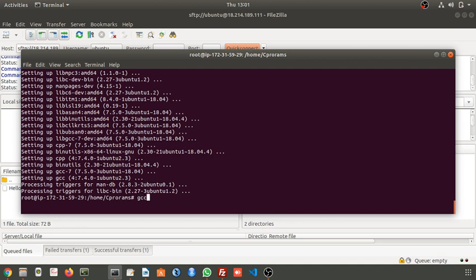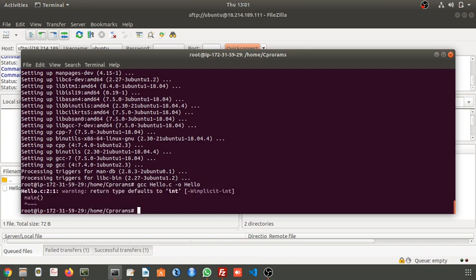Okay, now GCC is installed. gcc hello.c, and I will give the output name as hello. Okay, some error is there, an integer error, which means there is a mistake in the program.